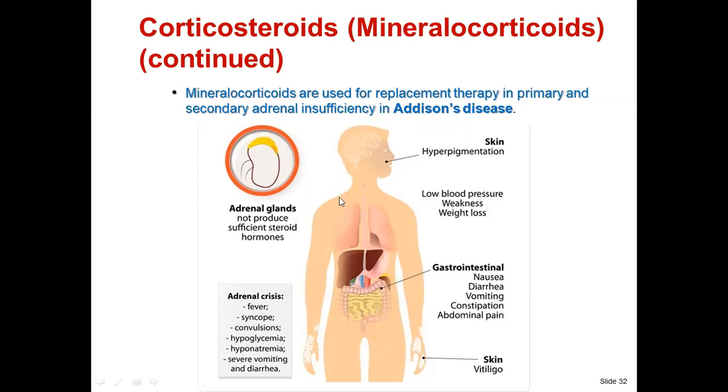So in this picture, we are explaining Addison disease, what happened. The adrenal gland does not produce significant steroid hormone. When our adrenal gland does not produce enough steroid hormone, some signs and symptoms develop, like hyperpigmentation of the skin, low blood pressure, weakness, and also weight loss. As I told you, the